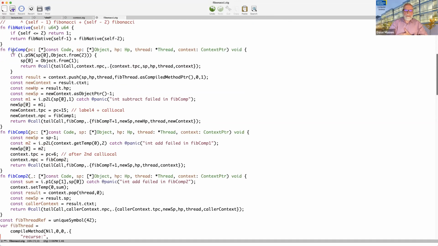So here is what would be JIT'ed code. And so this is the compiled Fibonacci. And we do very similar things. We compare the thing on top of the stack with the constant 2. If it's less than or equal to, then I'm going to replace the thing on the stack with the number 1. And I'll do a tail call return to the caller's